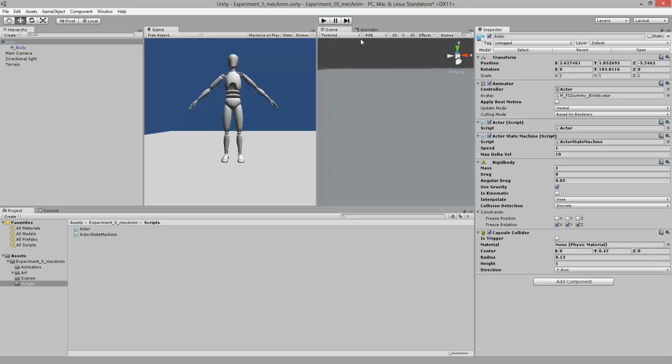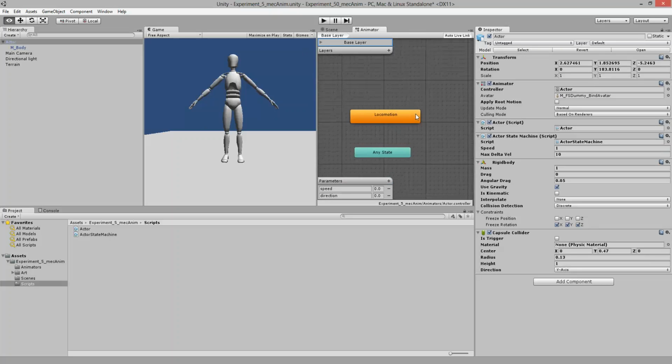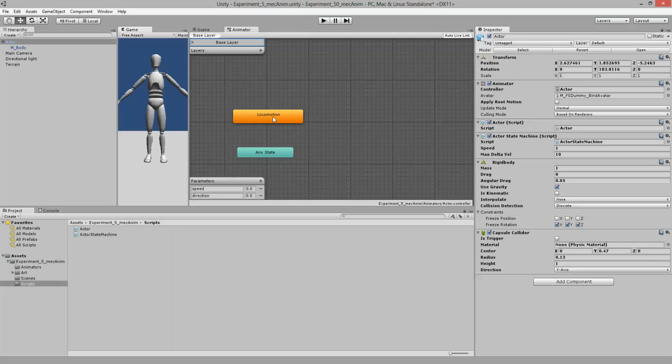Now, once you start adding more states and you start adding things like a jump, for example, that's when we're going to have to come back here, and we're going to need to tell the animator controller how to transition from the locomotion state to any other state. And we're going to do that using transitions. Now, I'm not going to hook up any other animations because it's part of the assignment to do that, but I'll show you